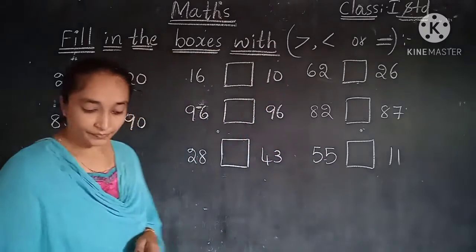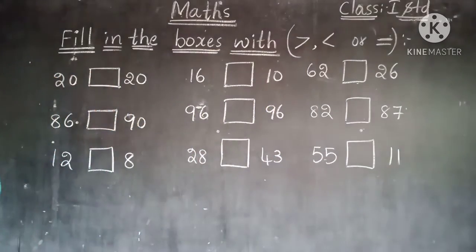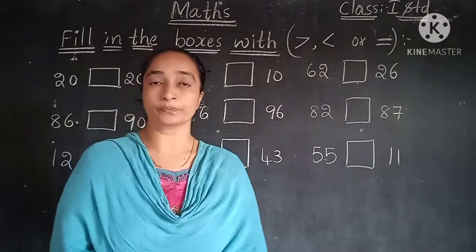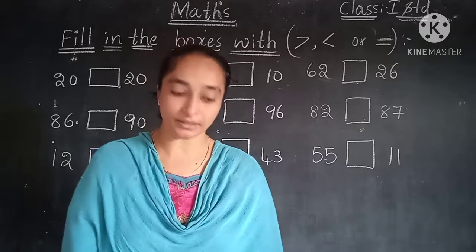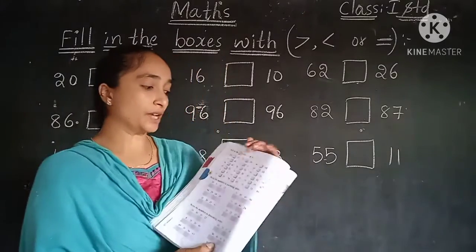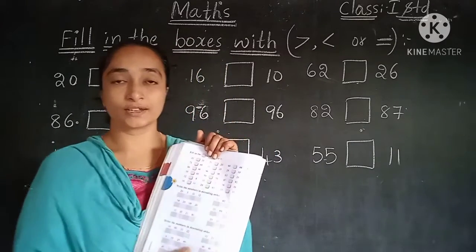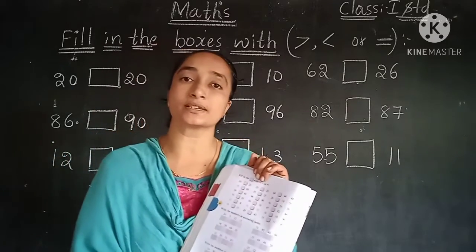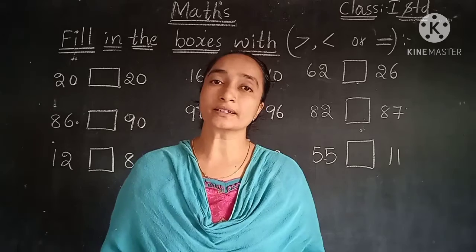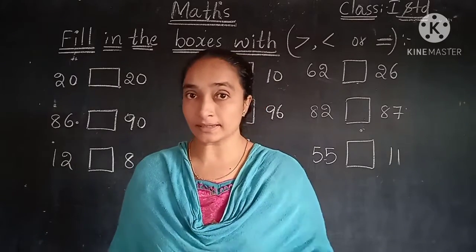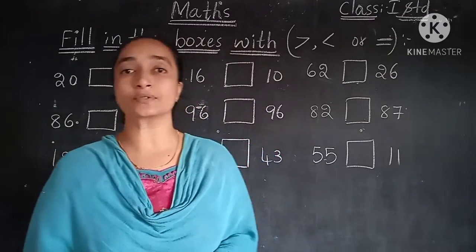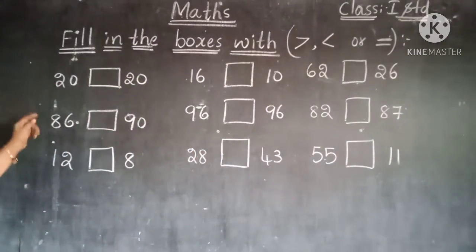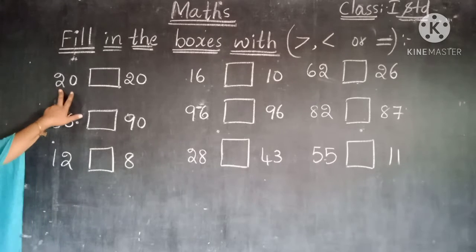Let us see children, here we have some numbers. The textbook, page number 134. Here we have the boxes. Fill in the boxes they have given. You have to fill the boxes with the relevant symbols, whether it is the greater than symbol, the less than, or whether they are equal numbers. So we have to tally. The first one, children, here we have this number